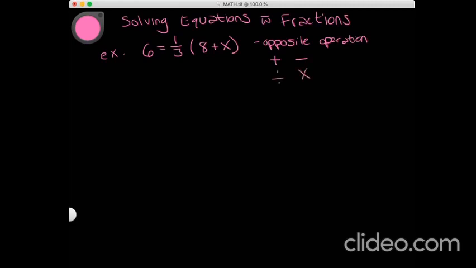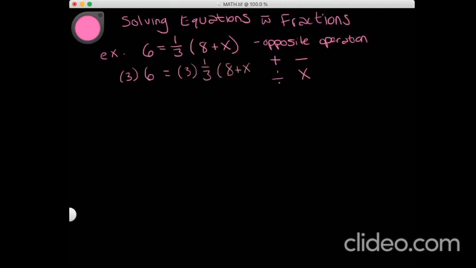So when we have a fraction, that is division, right? We have one thing over another thing, 1 divided by 3. So in order to eliminate this 1 over 3, we have to do the opposite operation. So we're going to multiply by 3, right? Whatever I do to one side of an equation, I have to do to the other. That's our big rule. So if I'm going to multiply the right side by 3, I have to multiply the left side by 3. So I'm going to multiply 3 times 6 equals 3 times 1 over 3,